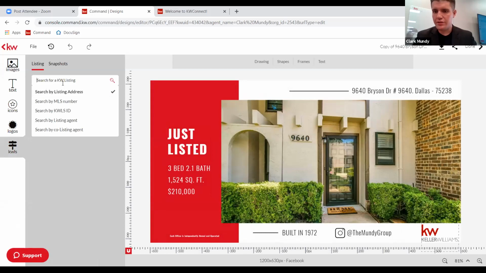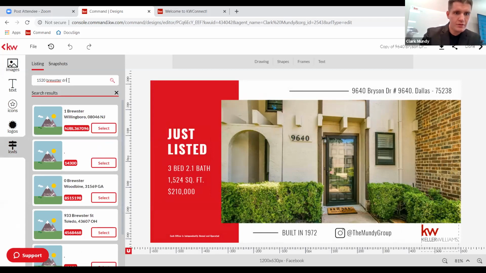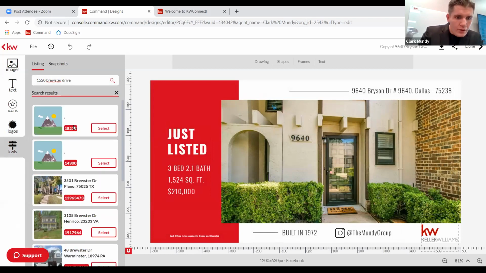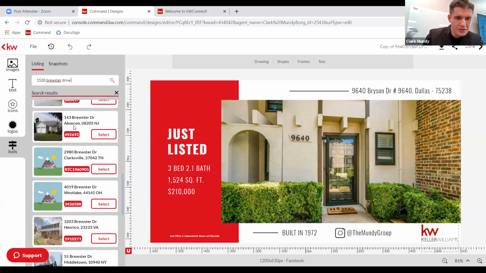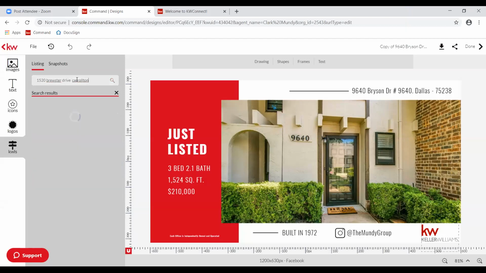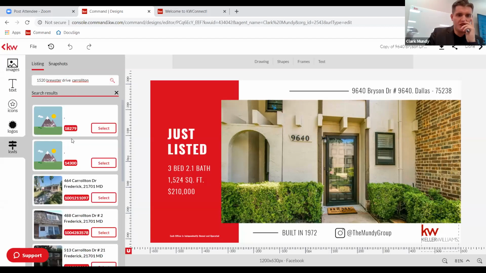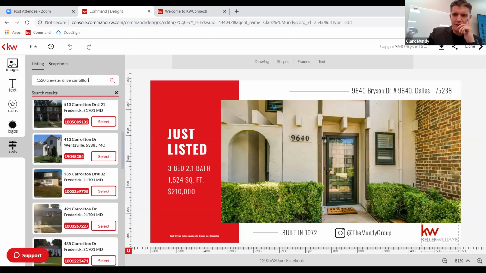What's our property address on this, Tony? 1520 Brewster Drive in Carrollton. I couldn't find it. I'm seeing Plano, Columbus, Clarksville. Let's see if we can get it. Is it two L's in Carrollton? Yes, two R's and two L's. So I just did a search and I'm not seeing anything based on that. I think Bill had put in the Zoom comments that you could do this,